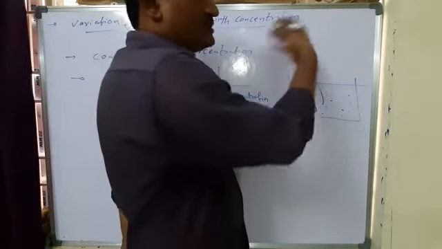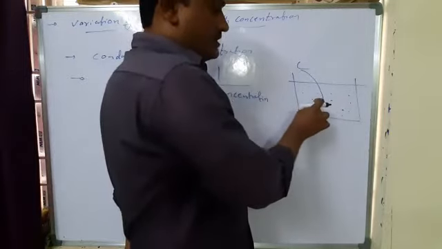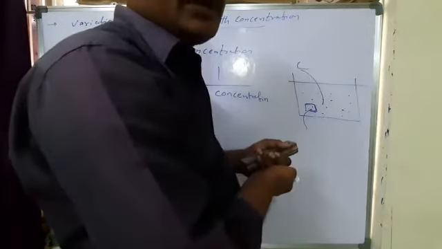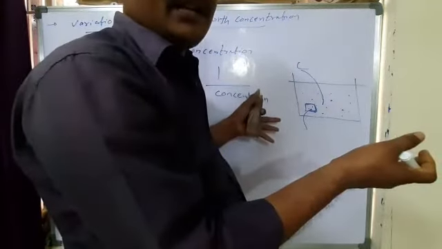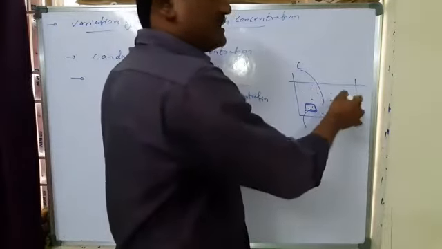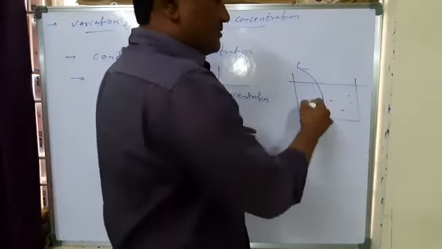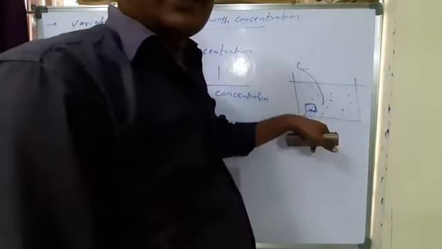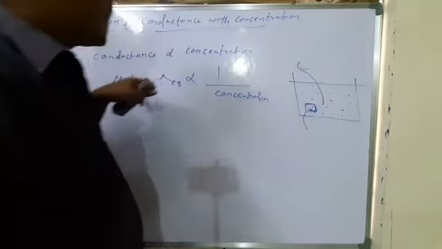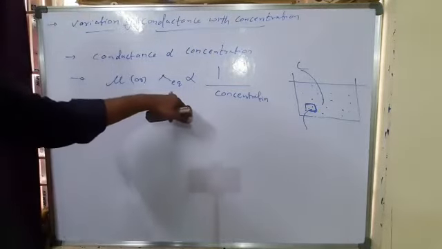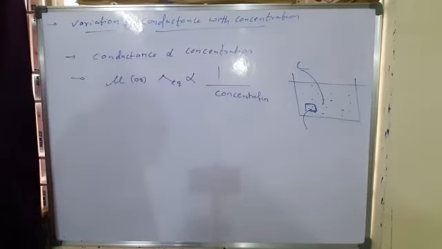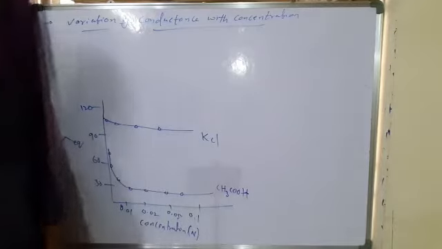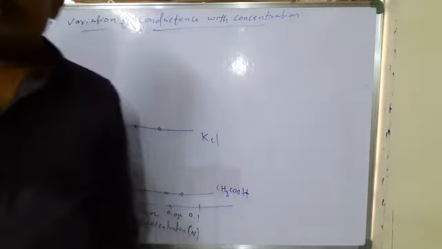Upon dilution, if you add water, the number of ions per unit area decreases, but due to dilution the ionization increases. The overall ions in the solution increase, but in the unit area the number of ions does not increase. So that's why concentration is inversely related to molar conductance and equivalent conductance, but directly related to conductance. Here the conductance may be equivalent conductance or molar conductance.